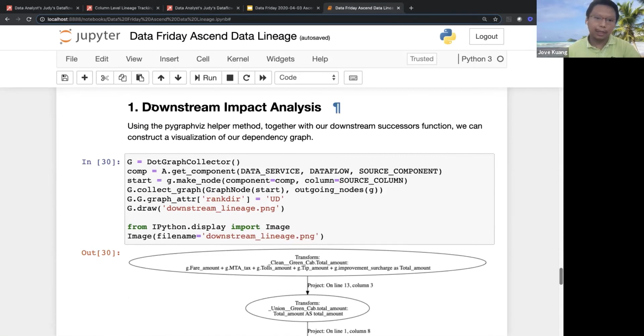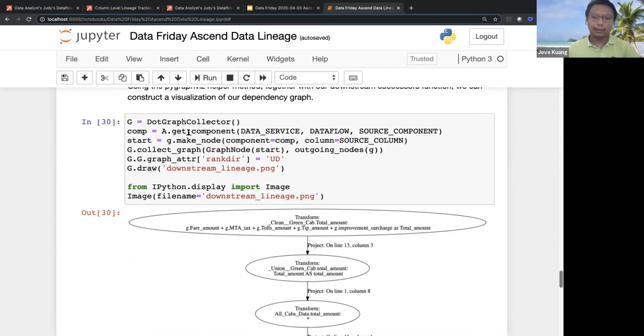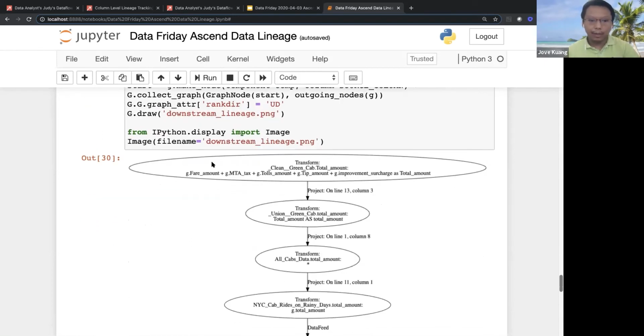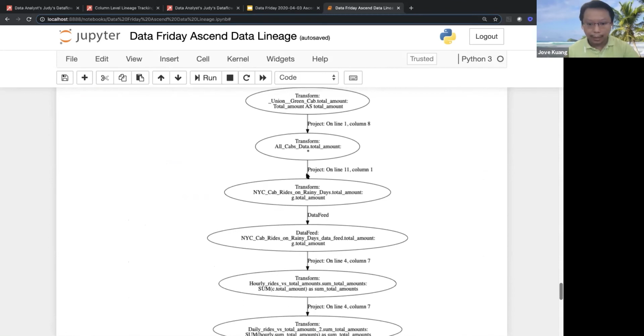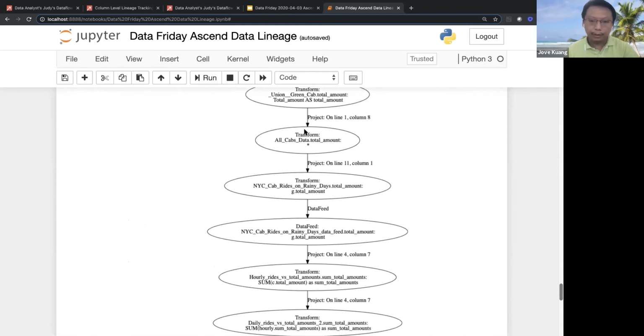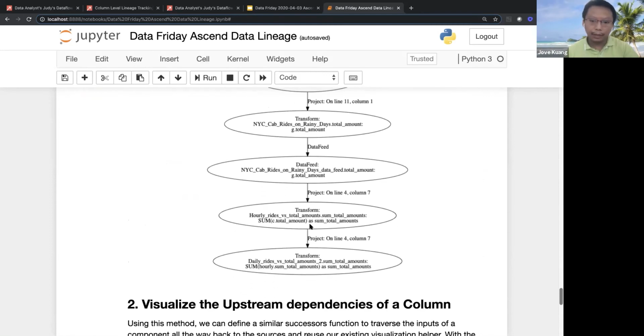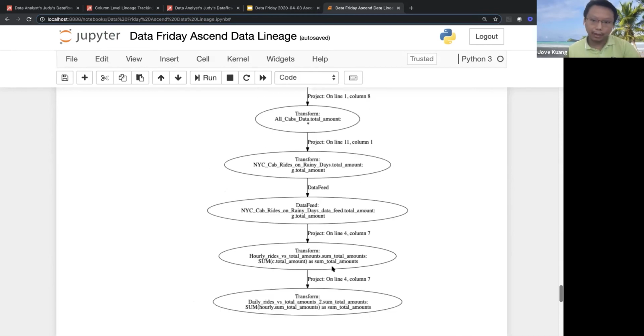So that actually gets over here. It's also in the same notebook, but it's for the downstream impact analysis. This is really to tell me, as a data engineer, if I were to change this calculation, what I could potentially impact. Just tracing through this entire life cycle, I could then see it definitely impacts Judy's transform from here, which is this daily writes versus total amount 2. So it'll definitely impact this particular column.